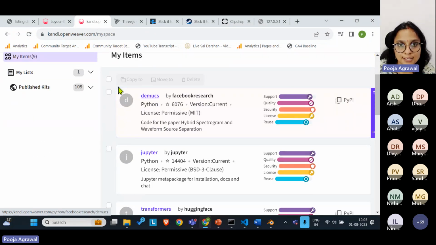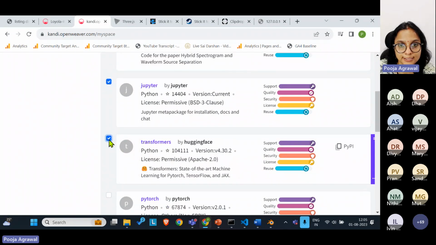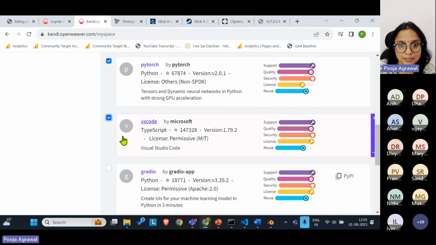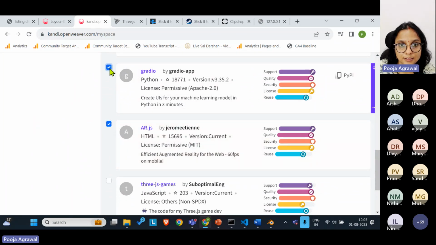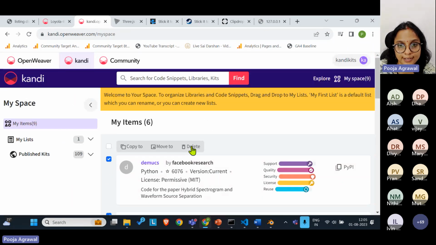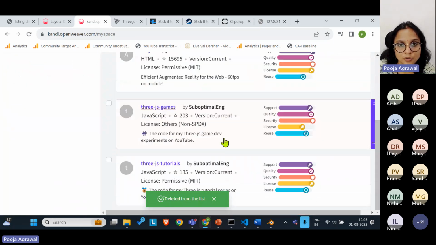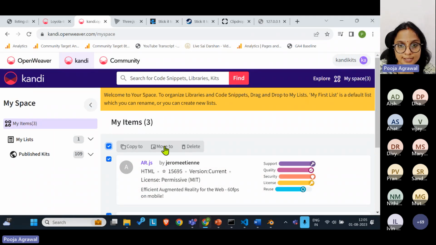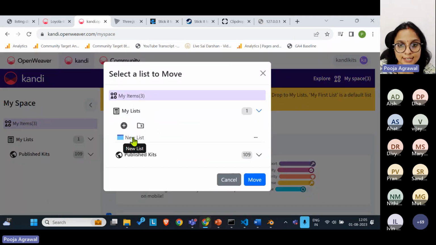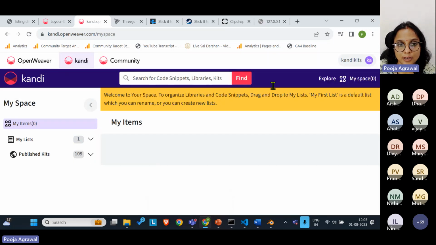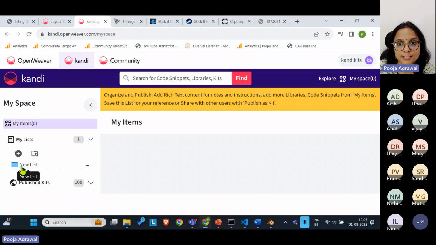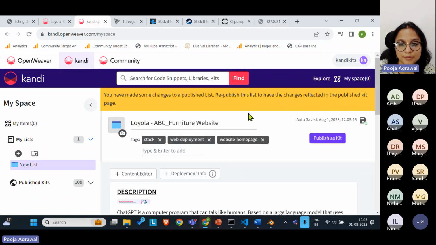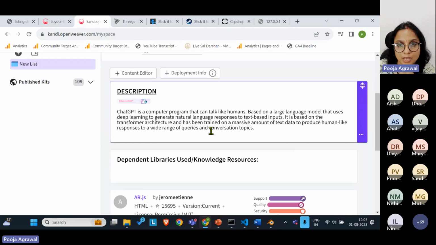Click on my space. I'll just go ahead and delete the ones which were earlier there. So all the libraries, let's say 3 of these that I added, will be present here. I'll select them, say move to, and then go to my list. And in my list, I'll just move these. Okay. Now when I go to my list and click on the list, Loyola ABC Furniture website,